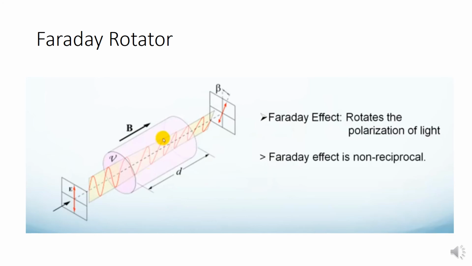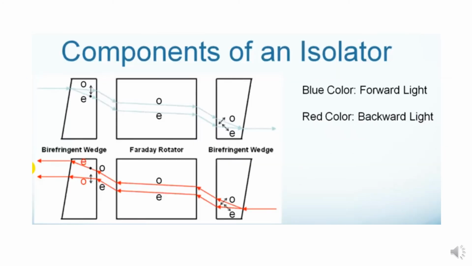This rotational angle depends on three factors. First is the magnetic flux density, second is the path or distance of the Faraday rotator, and third is the material constant V. In an optical isolator, this rotational angle is 45 degrees. Also, the Faraday rotator always rotates in a single direction only. This single direction rotation makes the fiber optic isolator possible. So let's come back to the actual diagram.